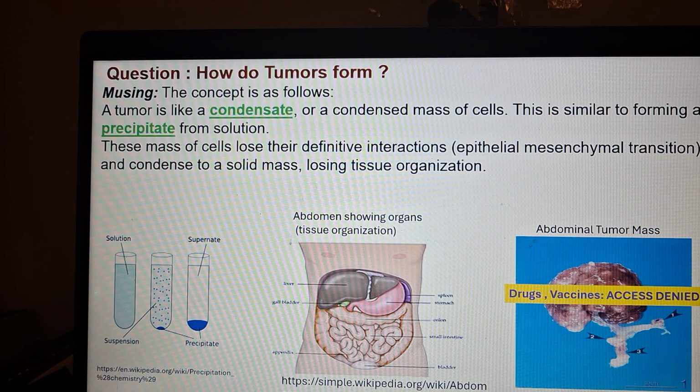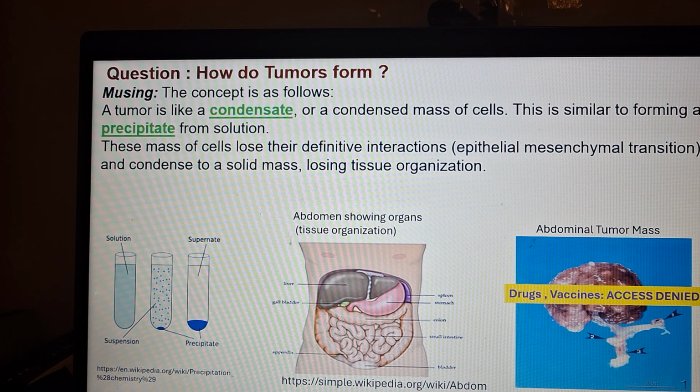That is, they have a certain surface which is called the apical surface and a basal surface, and they lose their structure and become elongated and go into the blood and spread to distant sites where they form a secondary tumor. So the idea in this case is to think of a tumor as originating from